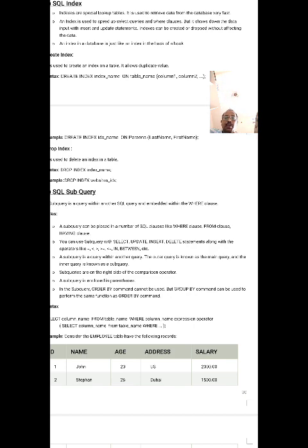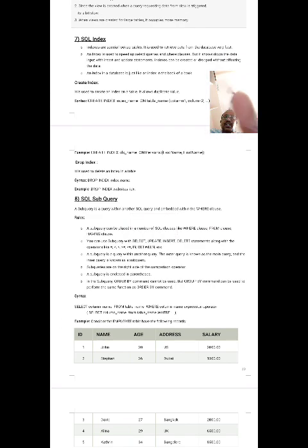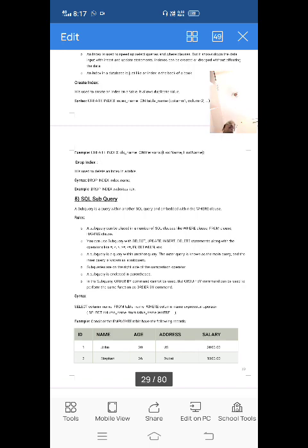But the GROUP BY command can be used to perform the same function as the ORDER BY command. Same purpose. If you want to use ORDER BY, instead of using it you can use the GROUP BY command. There is no problem, right? So don't directly write the ORDER BY command in the subquery. These are some rules and regulations to follow while creating subqueries.